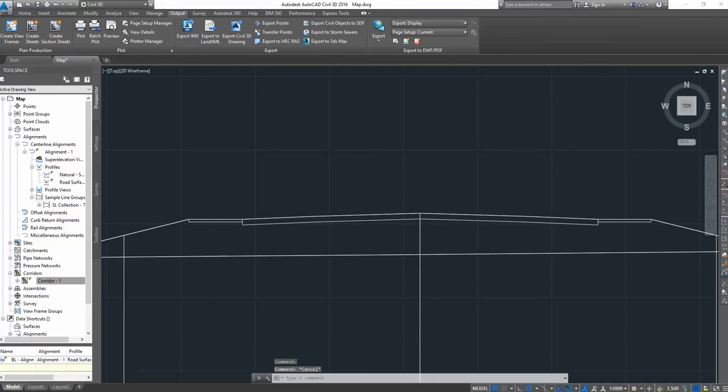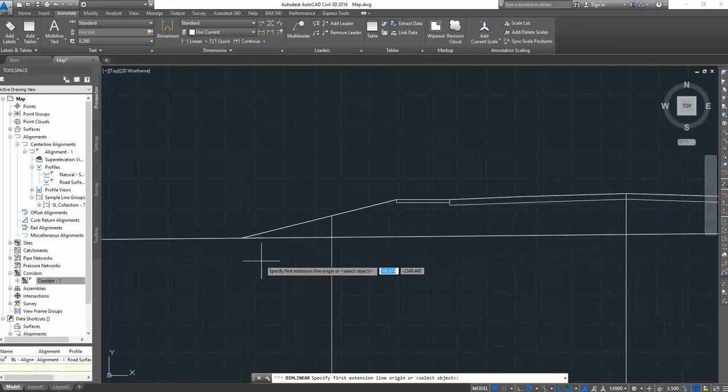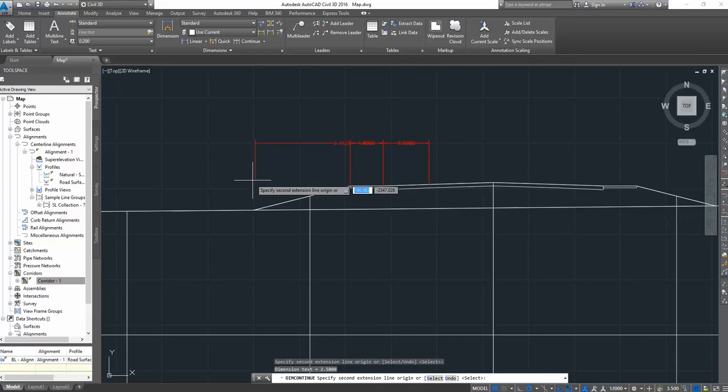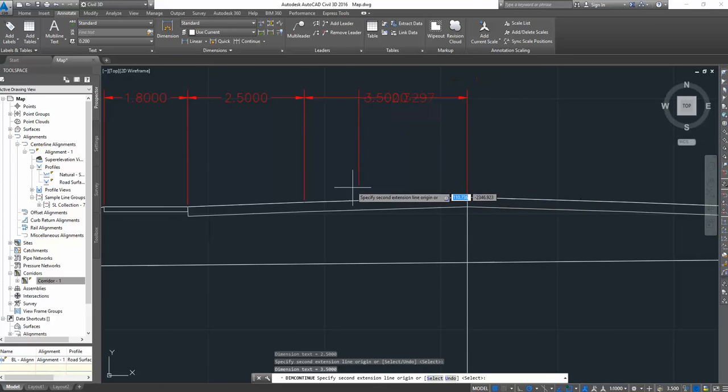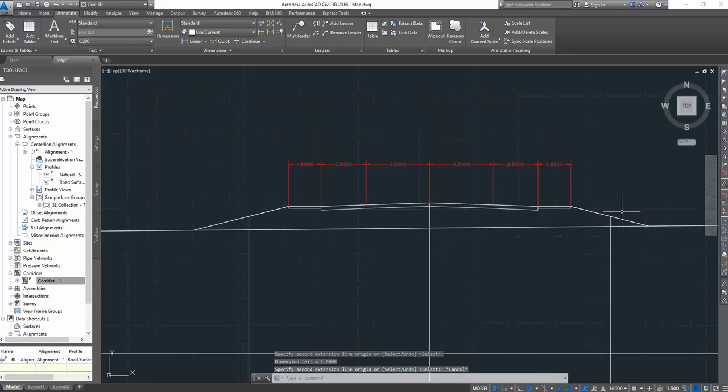And you're going to go into here, you're going to go to annotate. Sorry guys, I was stuck a bit for a second. Come to here and you want linear, right? So you just want to show the length of these things for your scale drawings. Drag it up, click continue. The reason you click continue is otherwise you'd have to drag it up and down each time. So as you can see, that's that. Next thing you want to do is